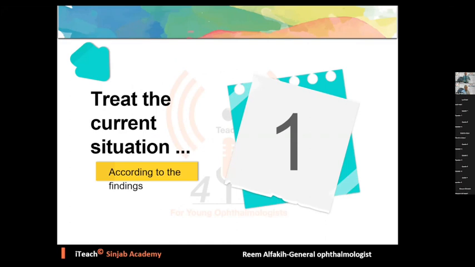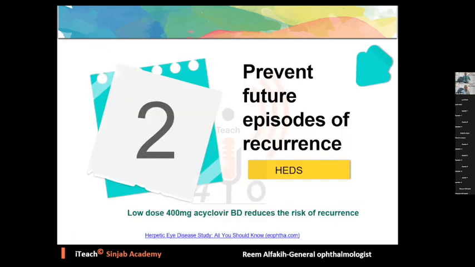The anti-glaucoma could be given in cases of raised IOP or anterior uveitis. Of course, not giving the